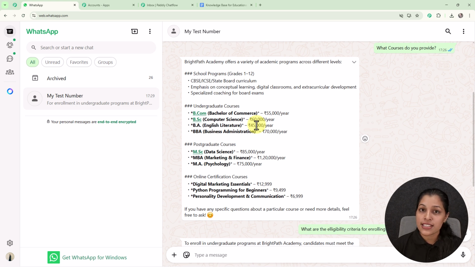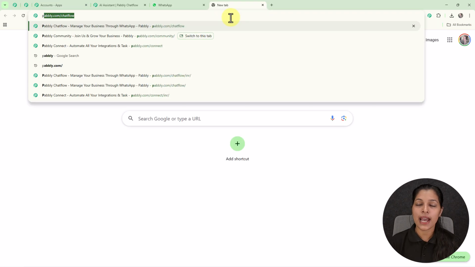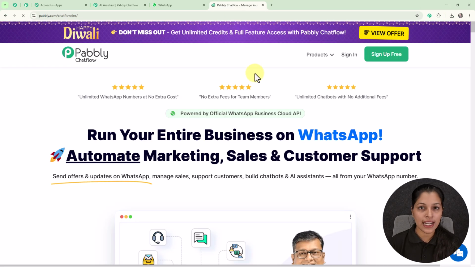So for that you just have to access Pabbly Chatflow, and for accessing Pabbly Chatflow you just have to type its URL in a new tab, that is pabbly.com/chatflow, and once you enter the URL you will get the landing page of Pabbly. And here you can see we are getting two options, that is sign in and sign up free. So if you are a new user you can simply click on this sign up free, but if you are an existing user you can simply click on this sign in. And if you sign up your account for free on Pabbly Chatflow you get 100 free credits every month